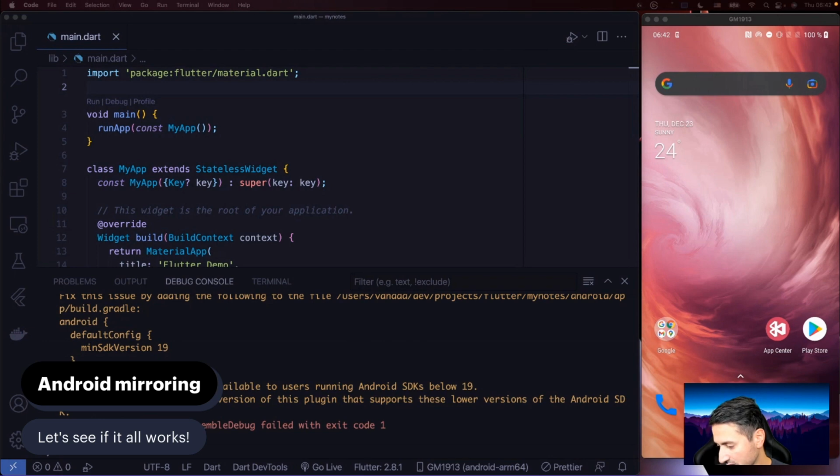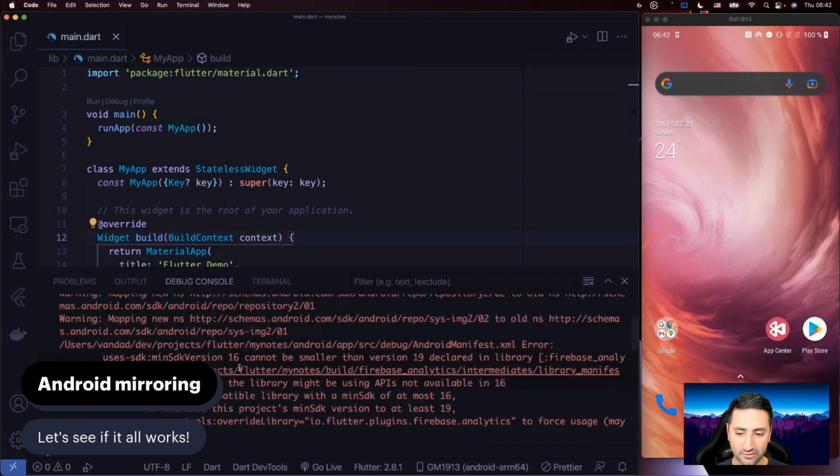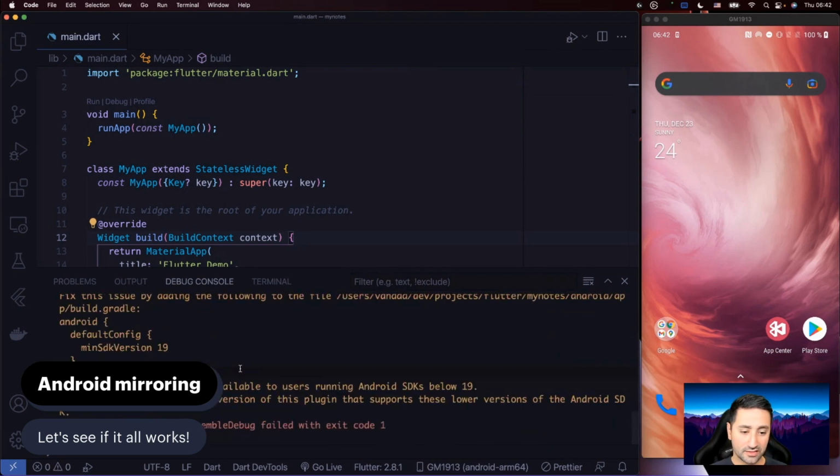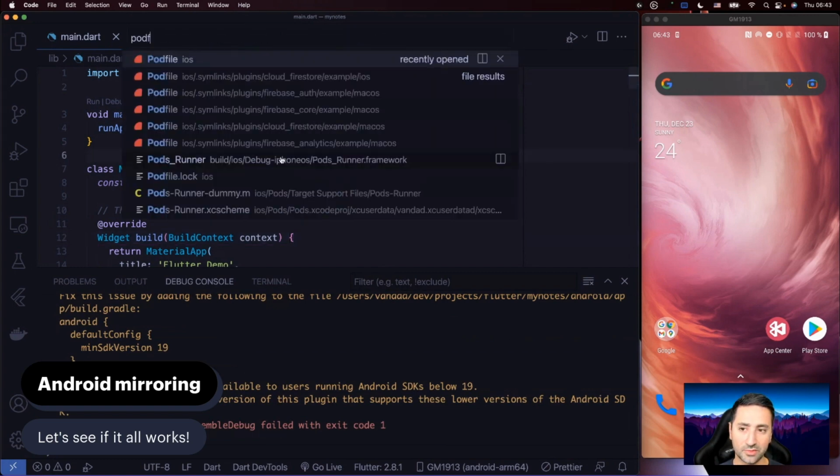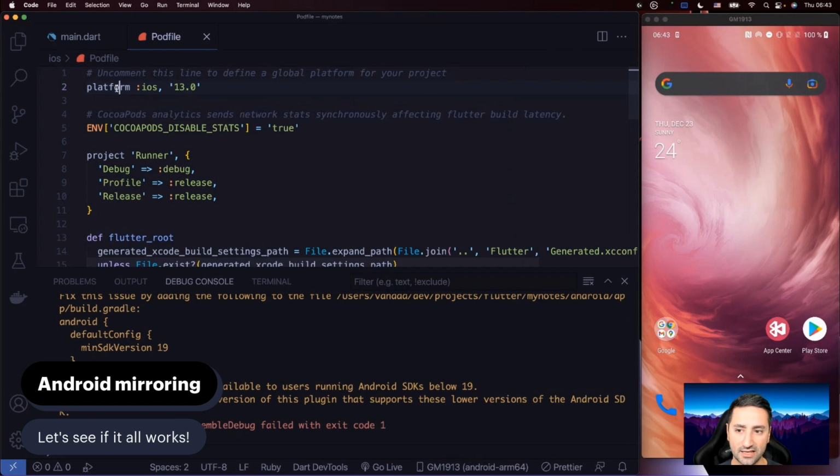Okay, so you see here, we got some errors. We are in chapter 10. In chapter 9, when we talked about running our application on iOS, we actually got something similar. There was an error saying that your dependencies, Firebase, need this version, but you're on that version. And the code that actually solved it, if you remember, we went to our pod file and just put this